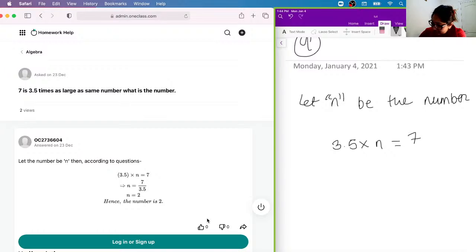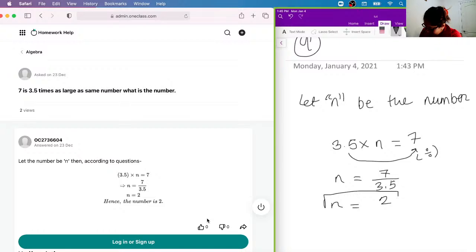So in this case, what we're going to do is move everything that's with n to the other side, so n is isolated. We move this over here, right? Since it's multiplying, the opposite operation would be applied, and you have division. So you have 7 over 3.5. And so your n is equal to 7 over 3.5, which is equal to 2. So hence your number is equal